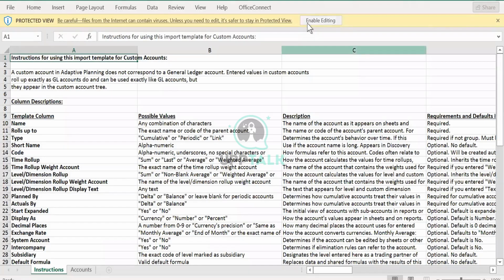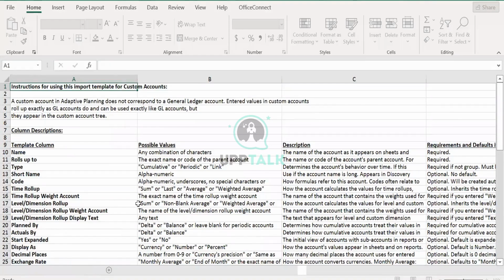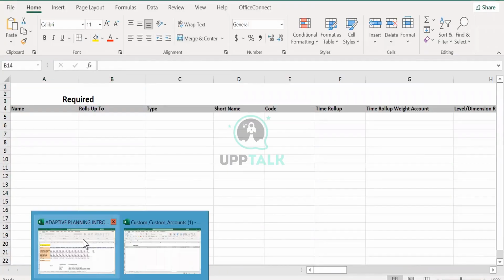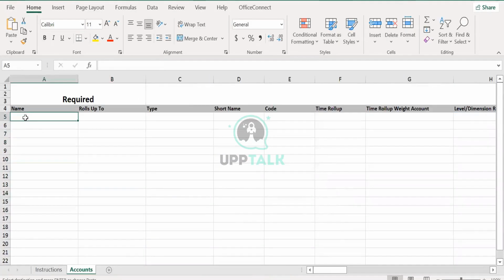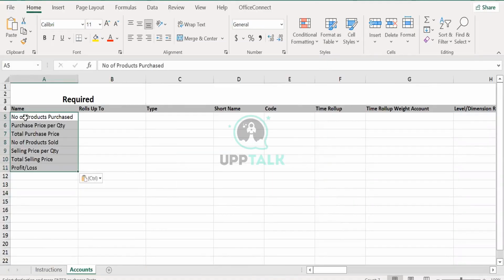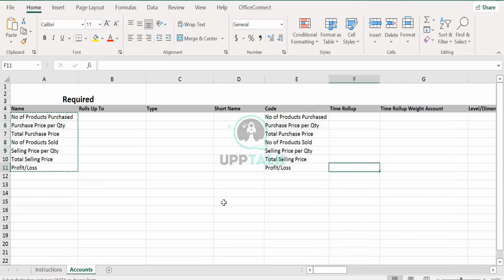This is the template. We do not change anything or delete anything. We will just create the accounts. Let's copy paste directly. These are the 6 or 7 accounts I want to create. I just copy paste directly inside name. I copy paste it again. But in code, what is the best practice? You should never keep a blank space. Perfect. I would use an underscore.